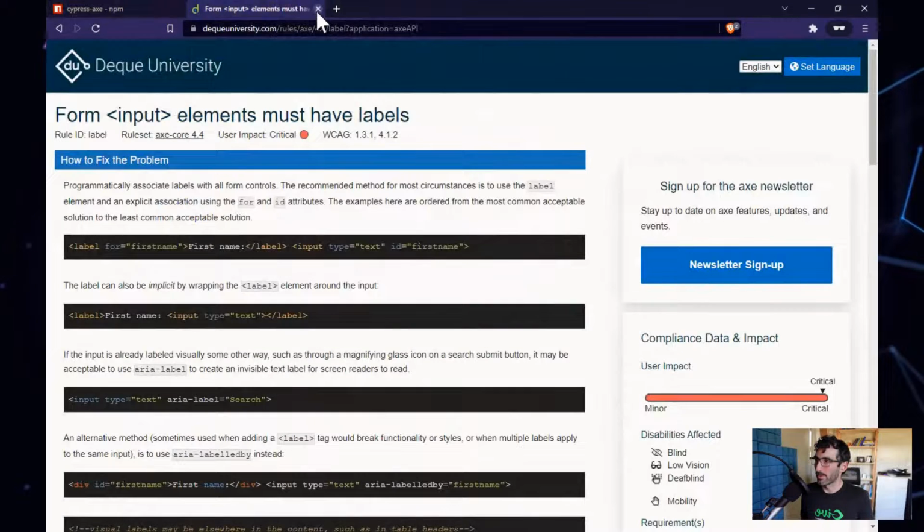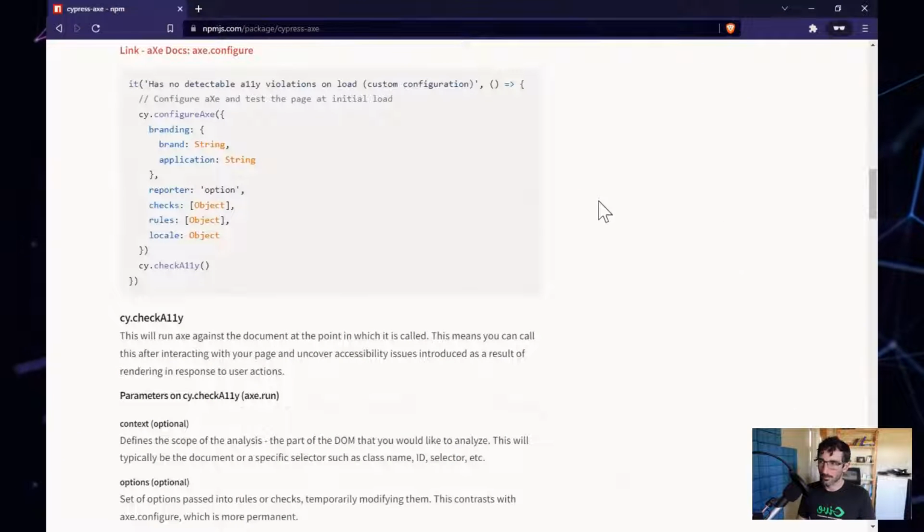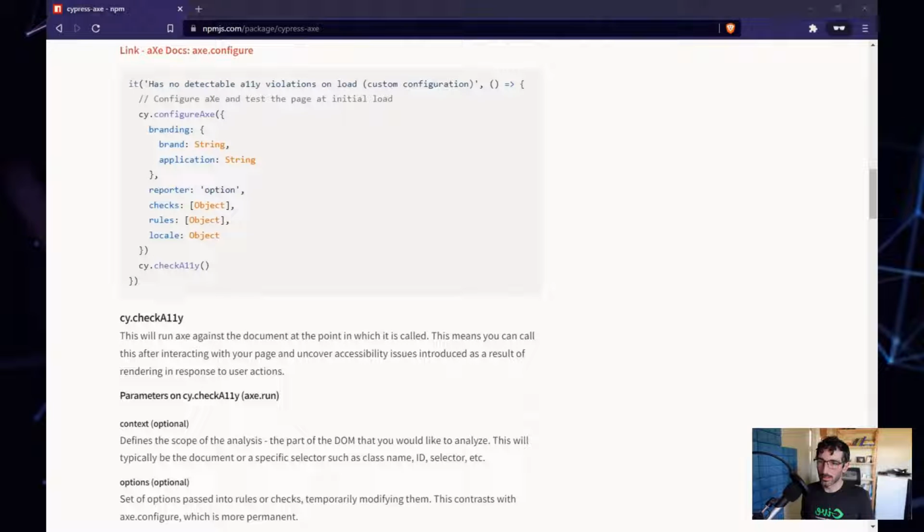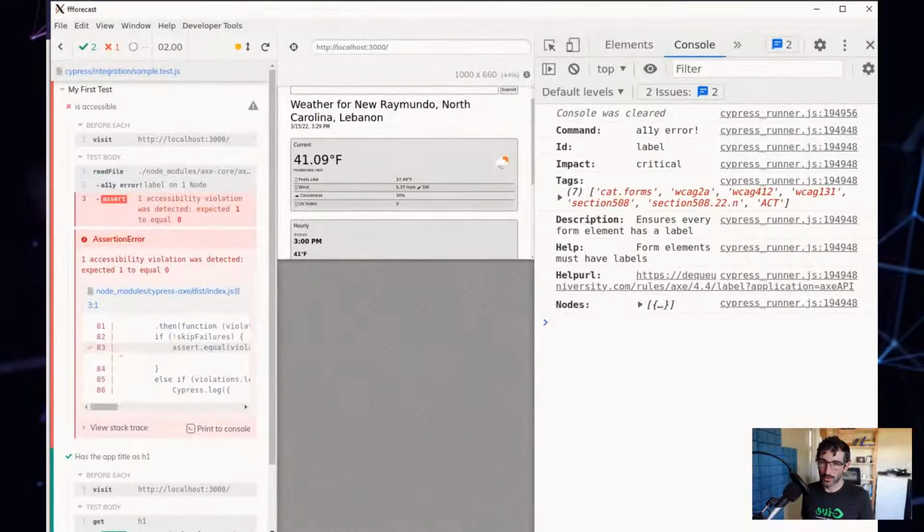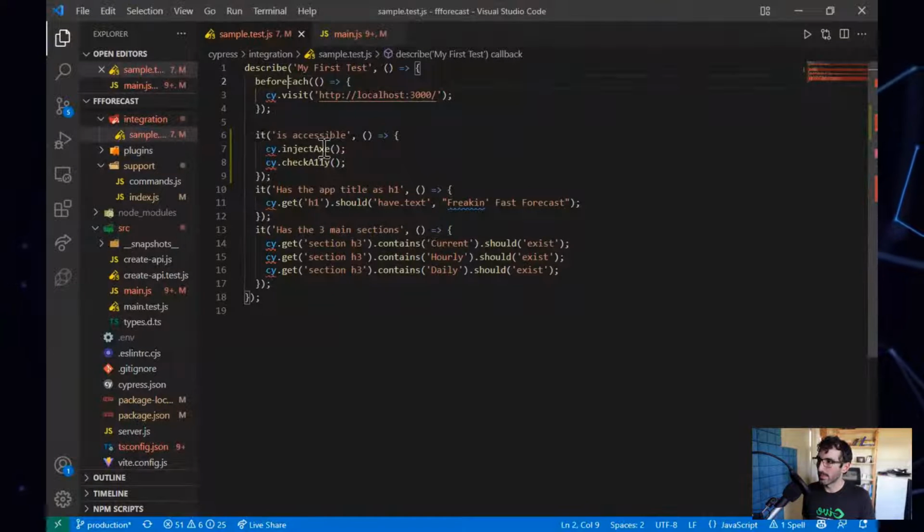Was that clear? I hope that made sense. Okay, so if there's no more questions, I'm going to continue on. I'm going to fix my accessibility issues now that I have